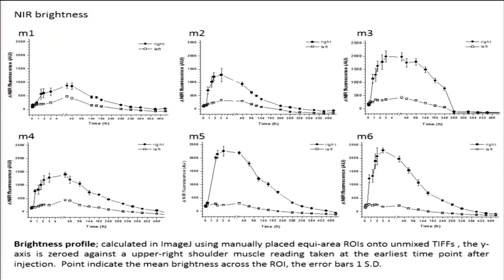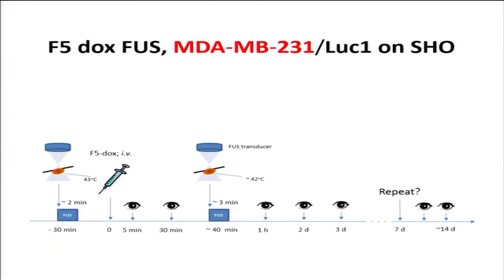If we want to see the left and right tumor, the difference in the near-infrared brightness, we can see that in all cases we have an enhanced accumulation of liposomal drugs, in this case liposomal doxorubicin. So in other words, focus ultrasound-induced hyperthermia enhances accumulation of particles and drugs in the tumor. Now, we did efficacy studies using doxorubicin, MDA-MB-231 breast cancer cells, triple negative cells,